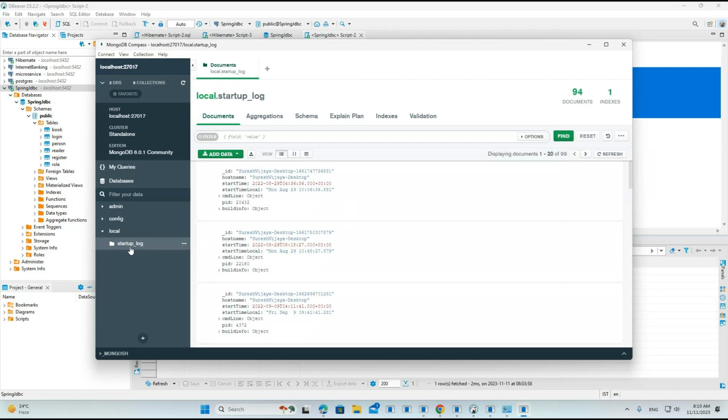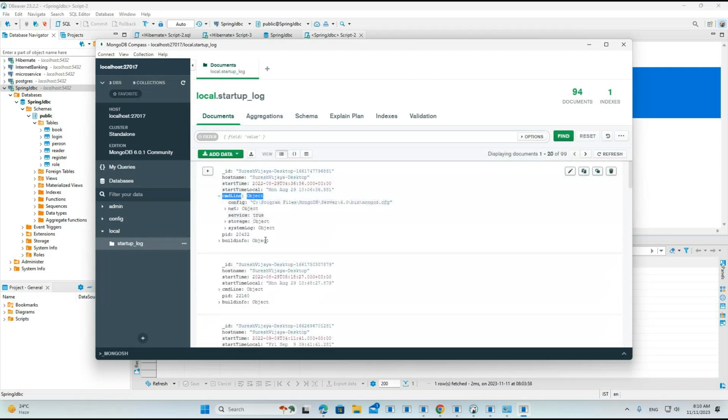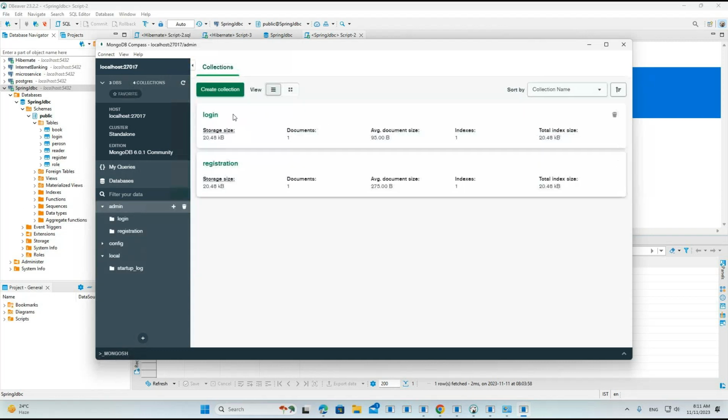So this is the startup log, the MongoDB table I created for one of the examples here. So now ID, hostname, start time, and these are the objects we have. These are the objects I have in here. So it's simple to create here. Now this particular DB tool is not going to support MongoDB. You need to work with MongoDB Compass. Everything you can search. If you go to the admin,